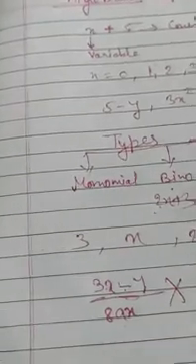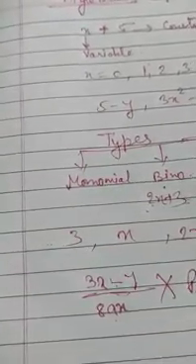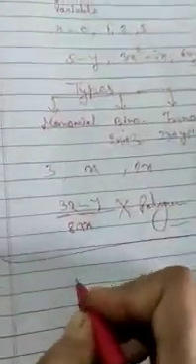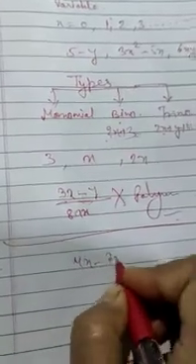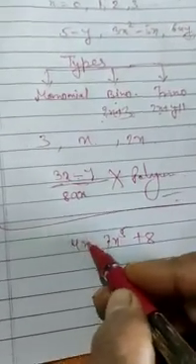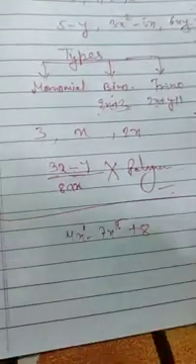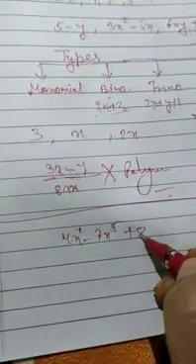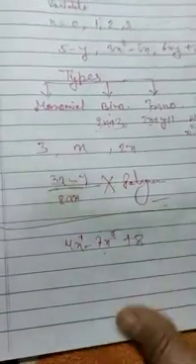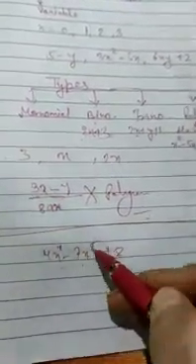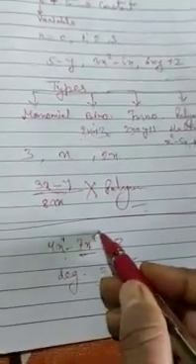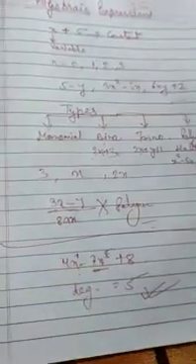Now, degree of a polynomial, when the polynomial contains only one variable. You have to find the degree. I have written here 4x minus 7x to the power 5 plus 8. What is the degree? Easily you can see that 4x has degree 1. But 8 is a constant term. So for the constant term, we will see only the variable's degree, only the variable's power. So 5. So the degree of the polynomial will be 5, because the highest power is 5. That is the degree of the polynomial.